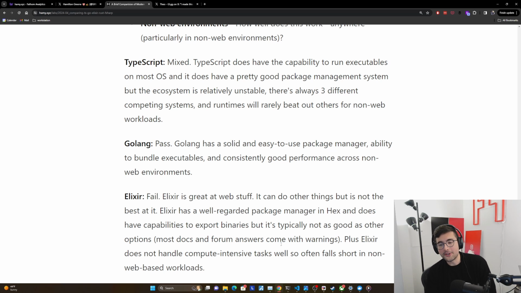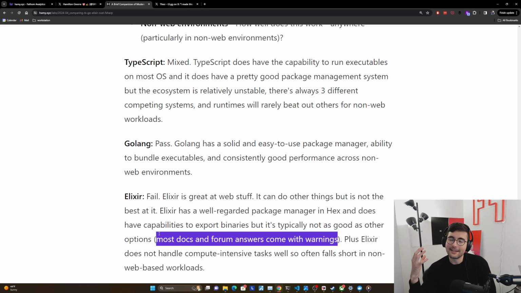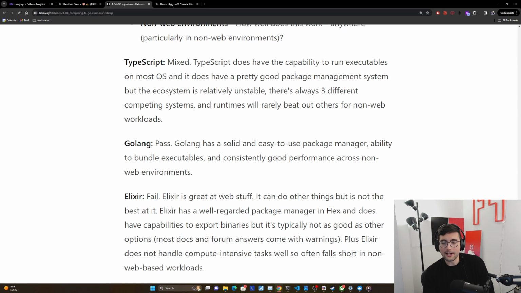And so whenever you see that in the first class docs of something, you have to take a step back and think about it, because obviously things like Rust and Go come with, of course, we're built to do this. And so I think these things work, but I don't think we should consider it a first class thing. It's really just an edge case for them.